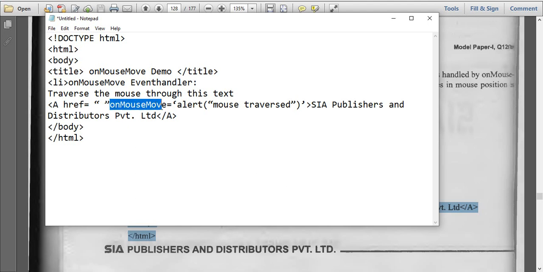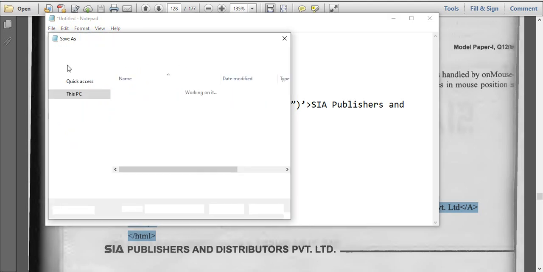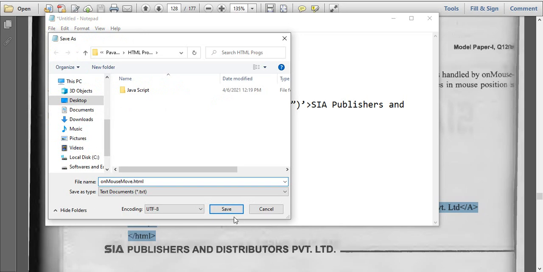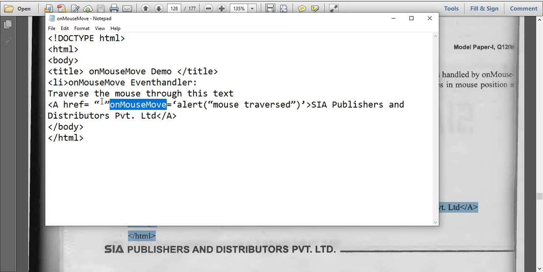On mouse move, file, save, .html, save. I have to modify these double quotes.